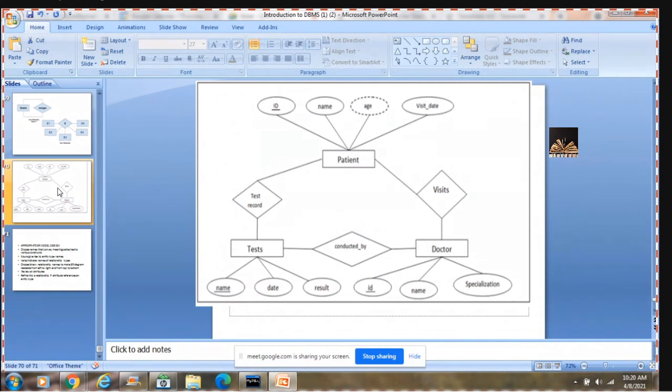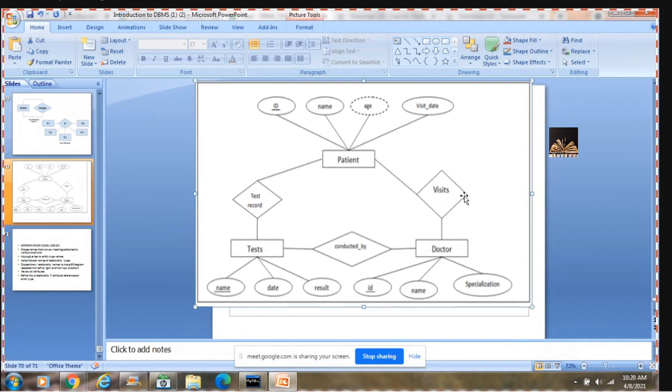Now, similar to the attributes that are present for an entity, there might be certain attributes with respect to a relationship also. Those attributes are termed as descriptive attributes. Try to remember this.